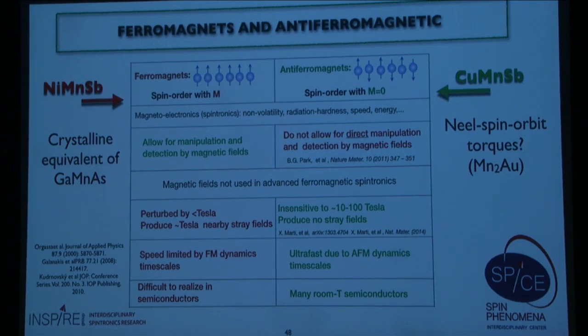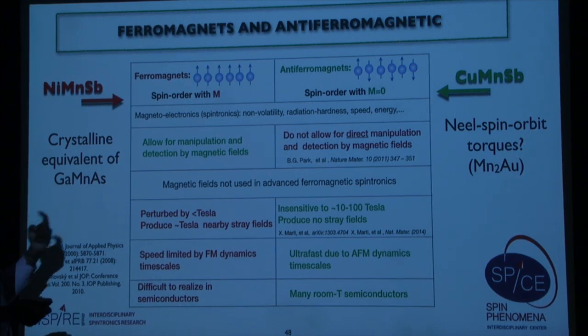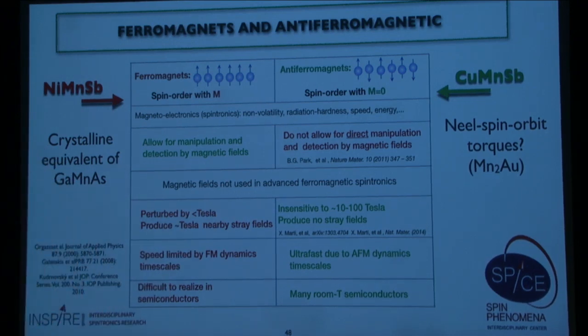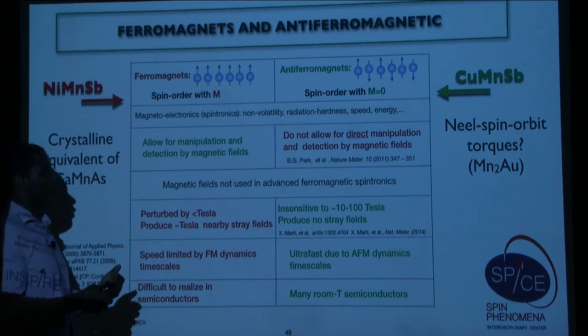This is the previous material I was telling you about, nickel manganese antimony. All those previous results were obtained using the non-equilibrium Green's function. In this case we have ferromagnetics. They're very nice because everyone has known about them for a very long time. You can read them very easily, and that's what we use in most devices. And then you have the case of antiferromagnetics. As I said earlier, you have an equal number of magnetic moments that are up and that are down. People have not liked antiferromagnetics for a very long time because they're very hard to detect and very hard to control. But